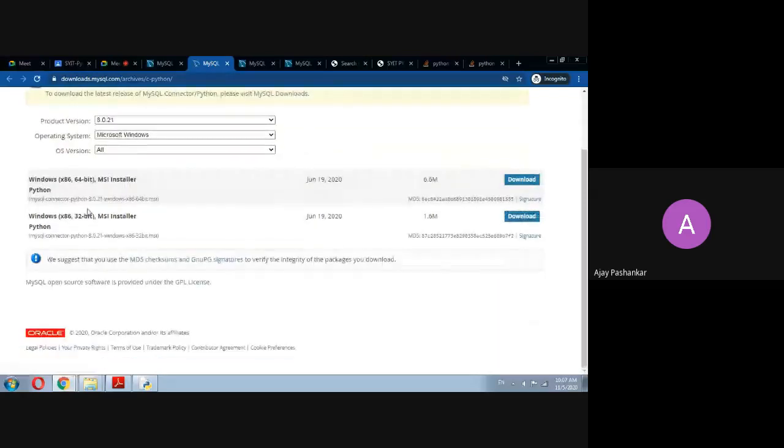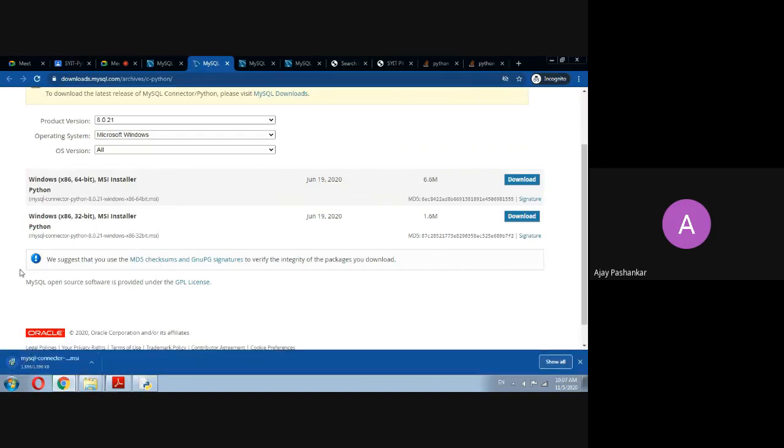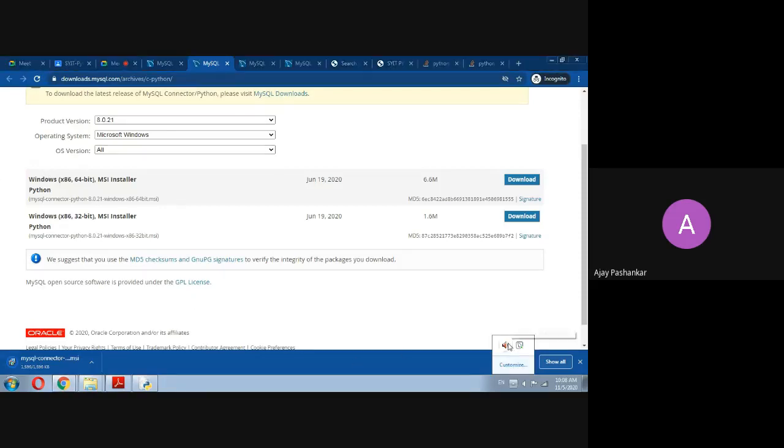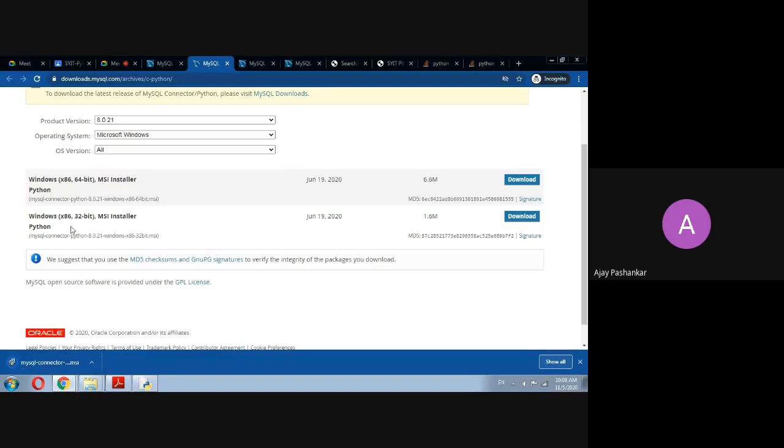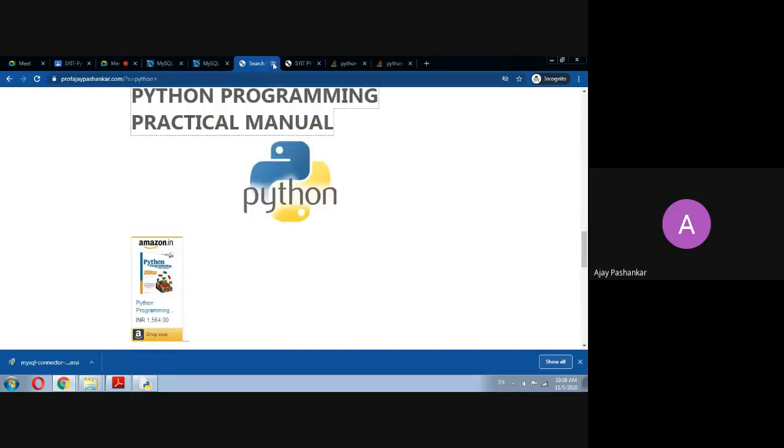We'll go into this, product version 32-bit. I'm just trying to correct the installation part and other things.